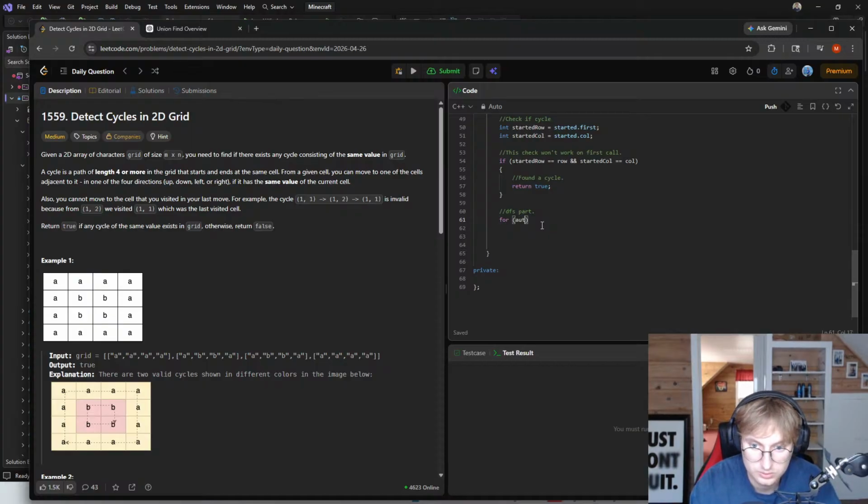For auto xRow, xCol in directions, let's do int newRow, int newCol is equal to xRow plus row,